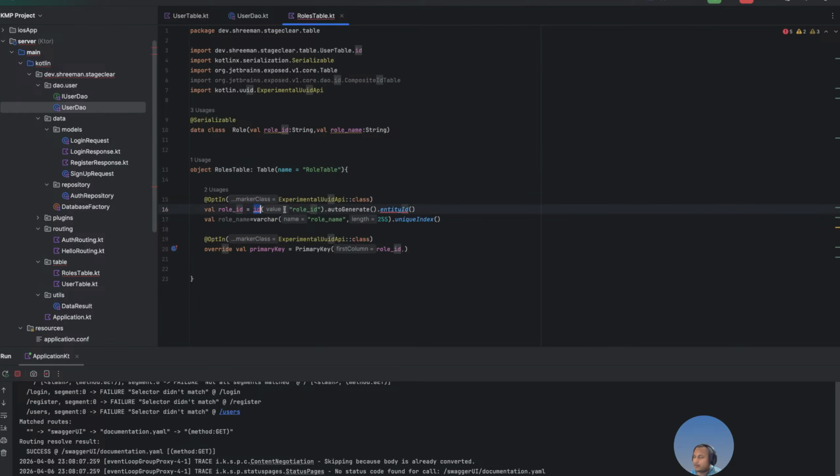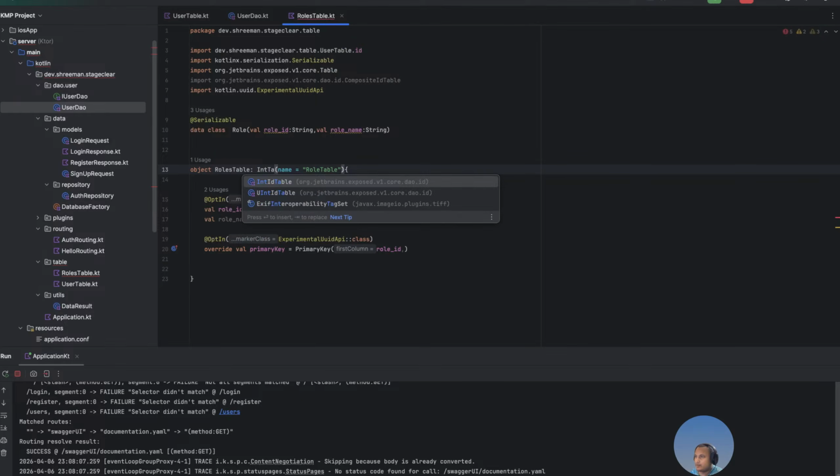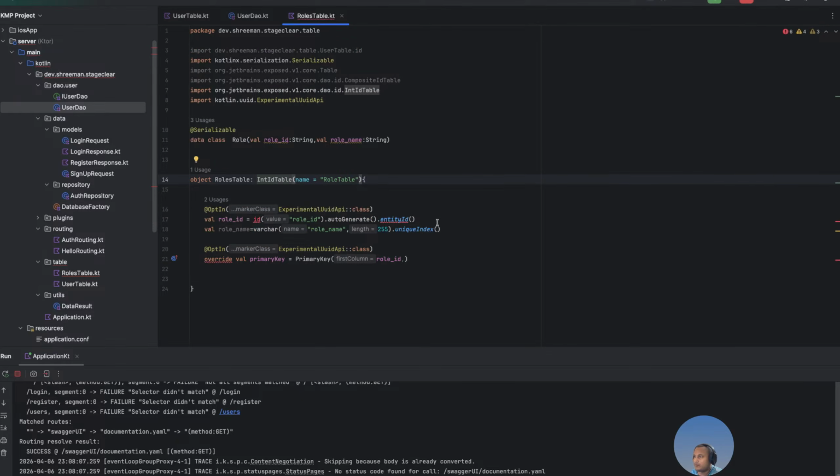So for that one, it can have, just give me 1 second. The type, right? Defined by int entity, long entity, right? So it can have an int table here, int ID table. That will be good. And the primary ID will be this one, and we'll make sure that everything is in place. So any int editable,